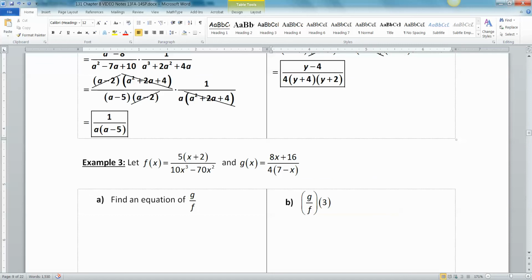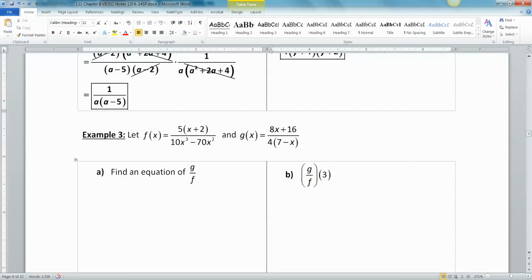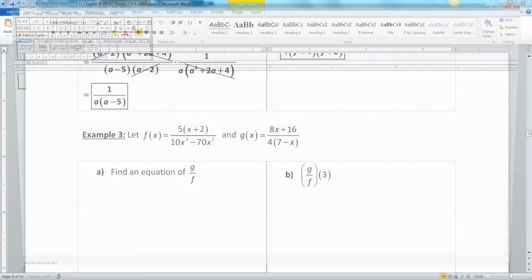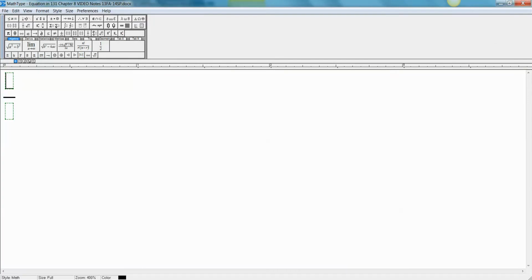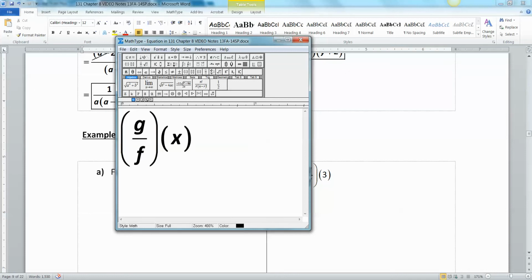All right, what about the last problem? Okay, so we have two functions, f of x and g of x, and we're supposed to find g over f. Okay, so g over f of x. They didn't say this, but that's the same notation. All right, so let's think. That means we really want g of x divided by